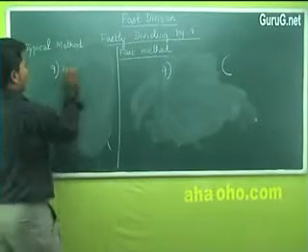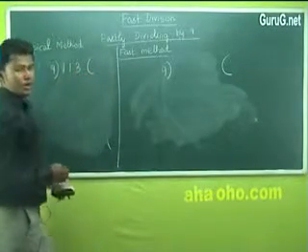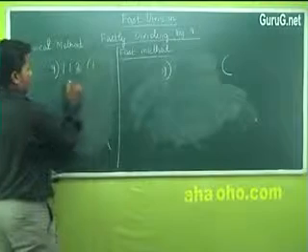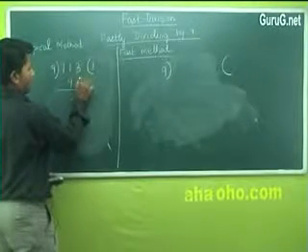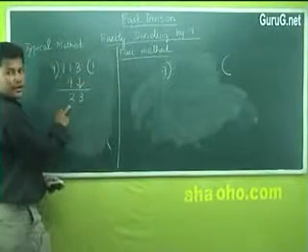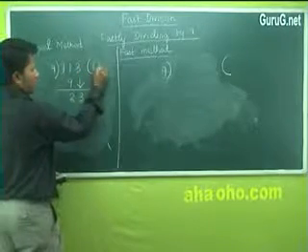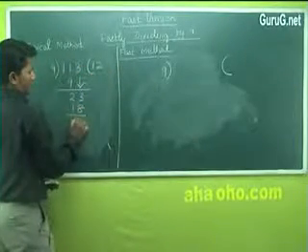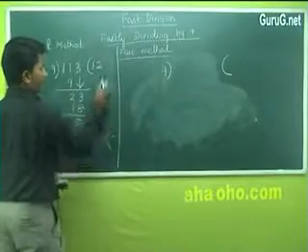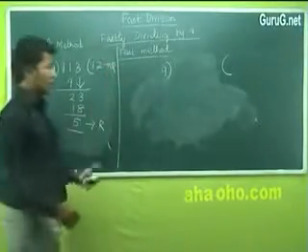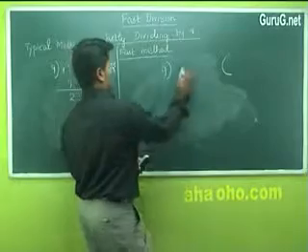Let us take 1, 1, 3. In your typical method, 9 ones are 9, 23. Remainder 2, bring the number down. 2s are 18, remainder 5. This is quotient. Now we are going to do it mentally.